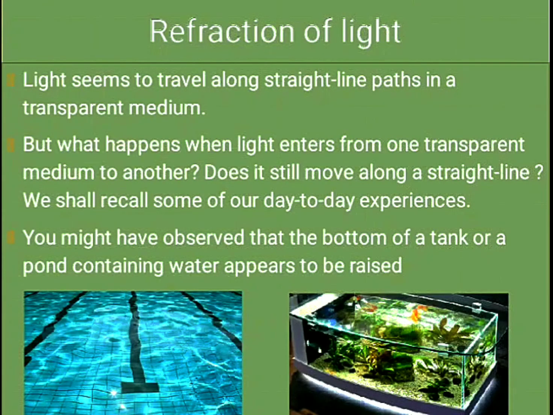In the previous topic, we discussed the first property of light, that is reflection. Now in this module, we are going to study the second property of light, that is refraction of light. We have already studied in lower standards that light always travels in a straight path, which is also called rectilinear propagation of light. So when light travels in a transparent medium like air, it follows a straight line path.